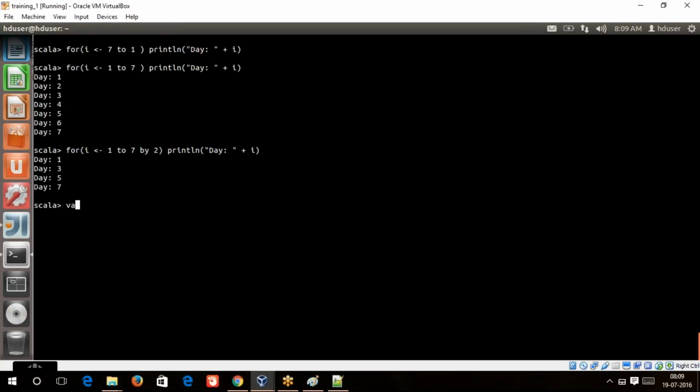Similarly, we can say, let's say I have val s equal to Scala Java some string. Then I will say val s1 equal to s dot contains. Contains is a method that will check whether a particular